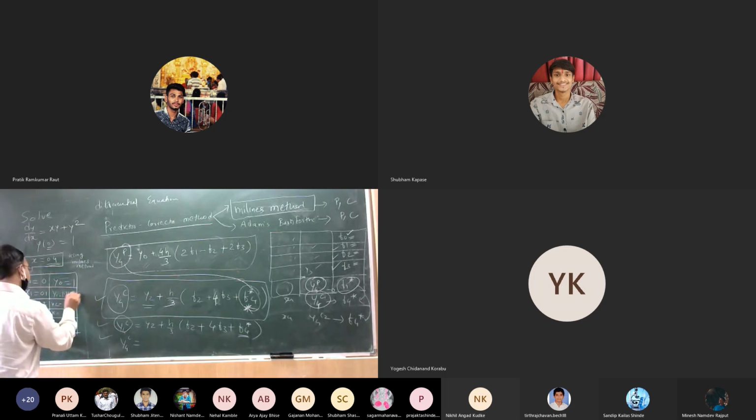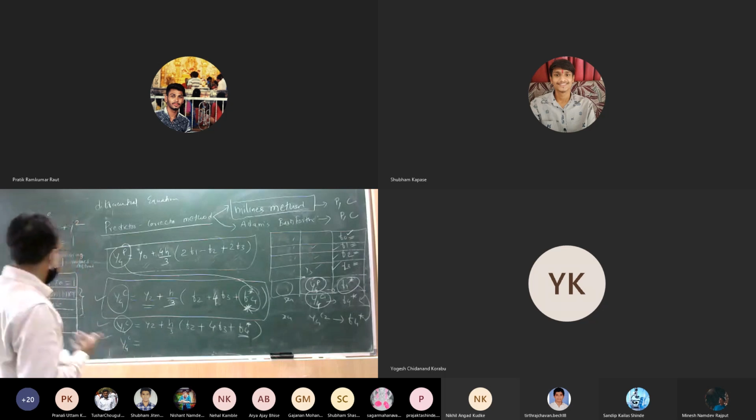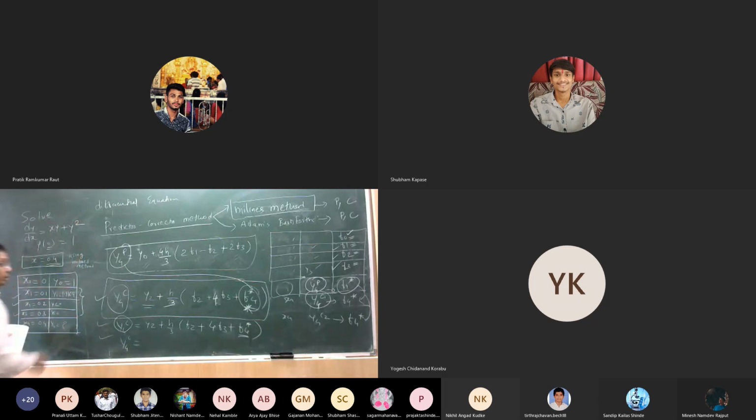Most of the time it will be given. If it is not given, we have to solve this value by using the simple Euler method or modified Euler method. Or if you are comfortable with the Runge-Kutta method, you can use this particular technique. Sometimes it will not be given. I will write the entire value so that there is no issue regarding the decimal points. Okay, so using this,